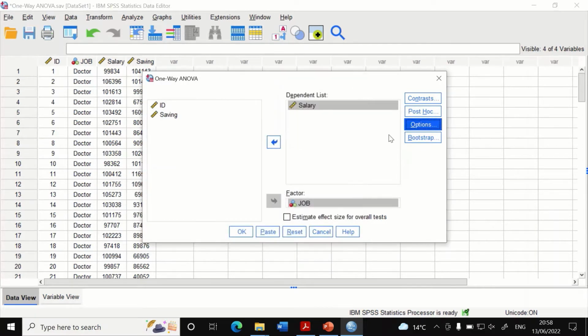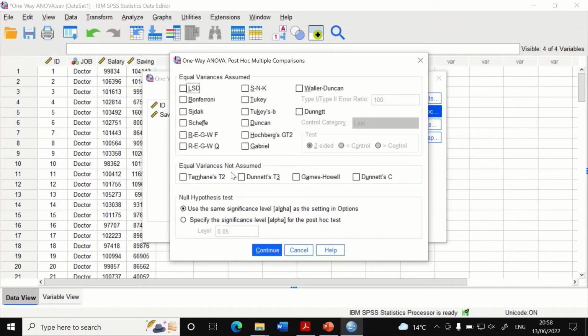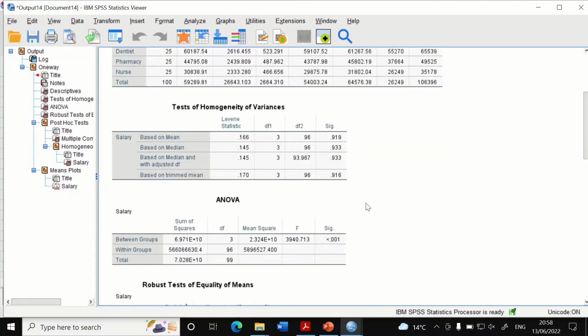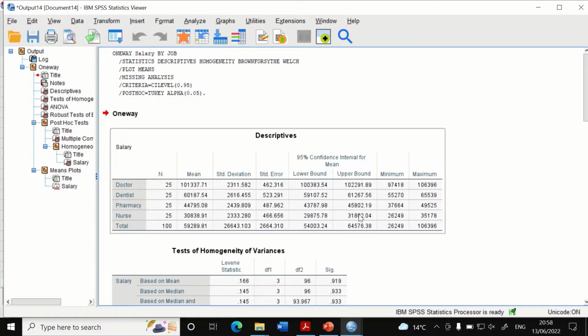Click on continue, and for post hoc, since we presume that there are equal variances, I'm going to stick to Tukey. Tick that box and then click on continue. If you click on OK, output is generated. In the first table, descriptive shows the salary for all the 4 professions, and there are 25